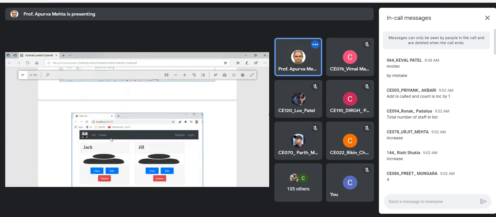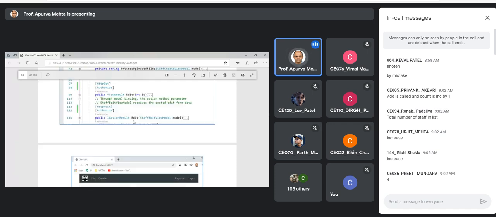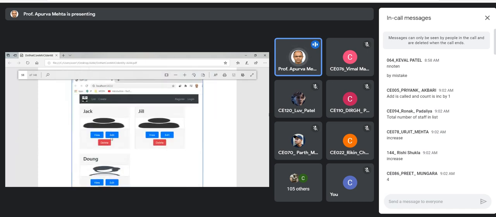Now, say here the default URL is home index. The user is not logged in, so it's fine, because home index can be accessed by anyone. Authentication is not required, because there is no authorize filter. It is also known as the authorize filter or authorize attribute.